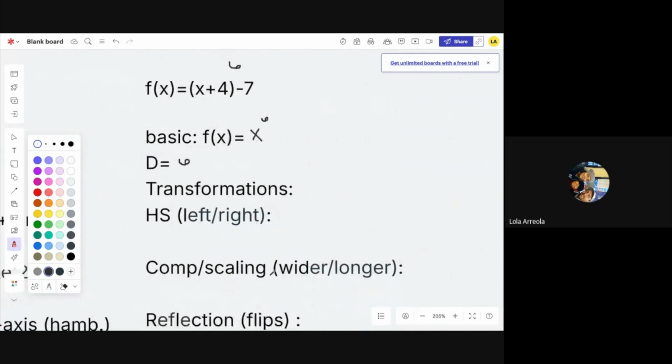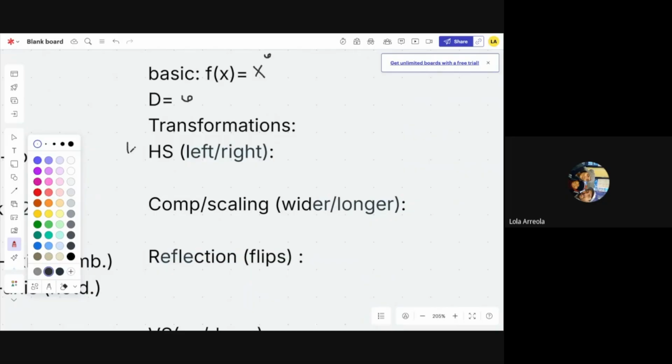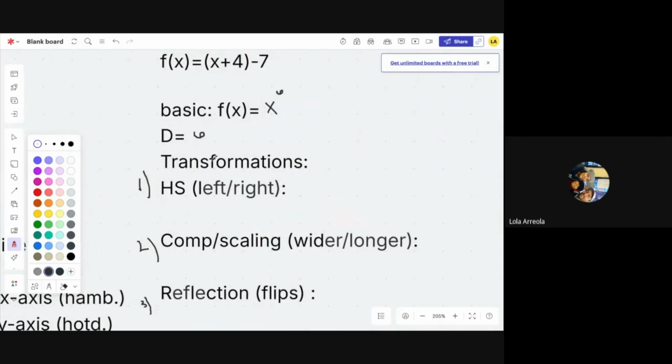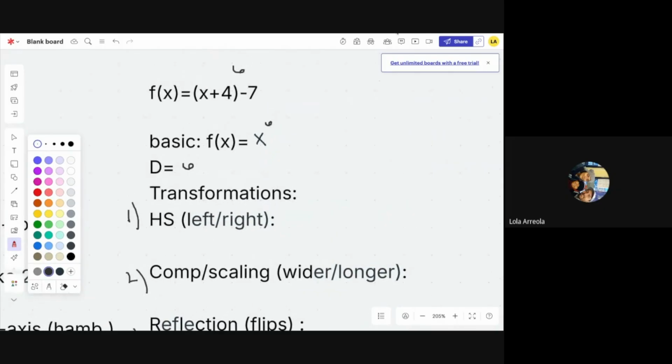The transformations. So we have 4 total transformations. This is the order of the transformations. We have 1, 2, 3, 4. And I just want to say yes, no. And wherever I say yes, I want to describe exactly what that transformation is. Horizontal shift, what this does is it picks up my graph and either moves it to the left or right. So first of all,